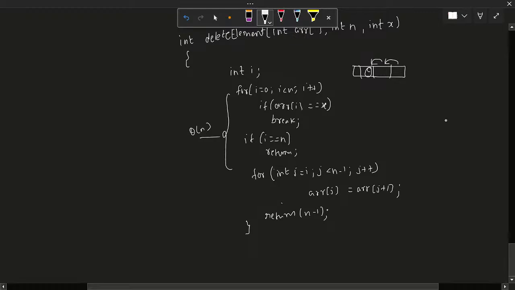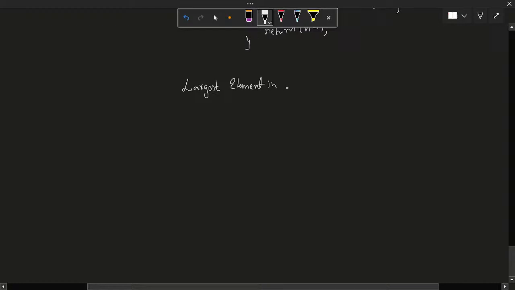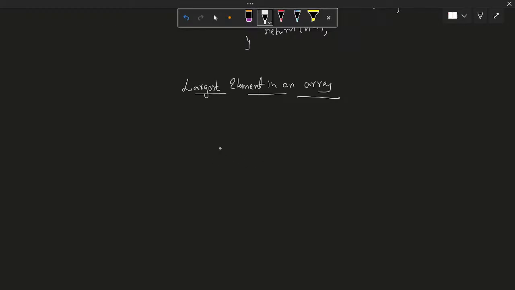Finally, we have one more thing. So let us finish now itself. So let us find the largest element in an array. So let us not consider the naive approach. So let us directly dive into the efficient approach. So the simplest way is,